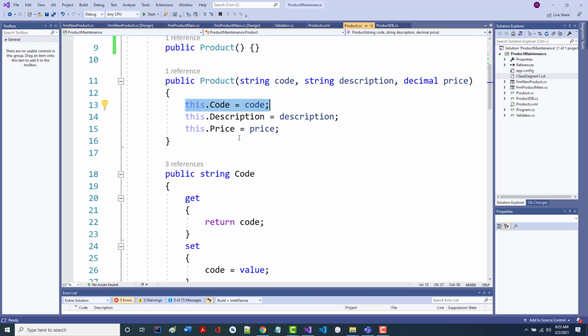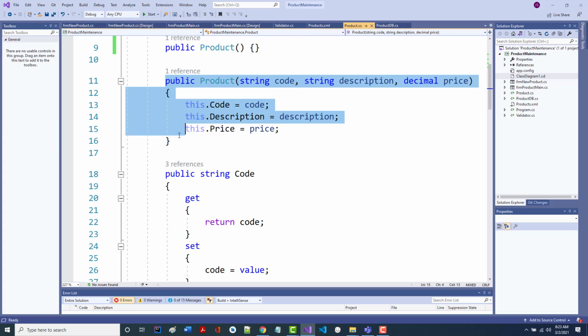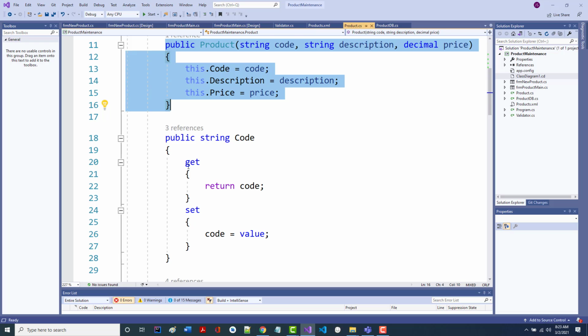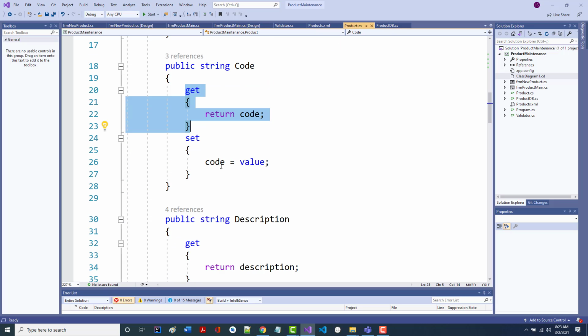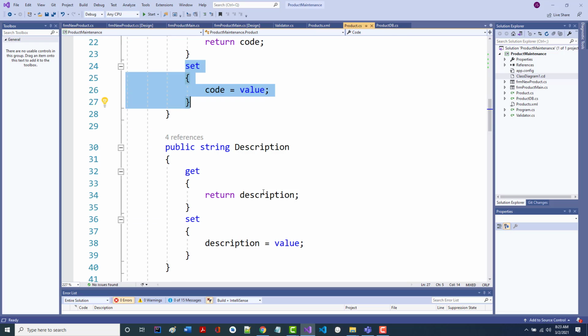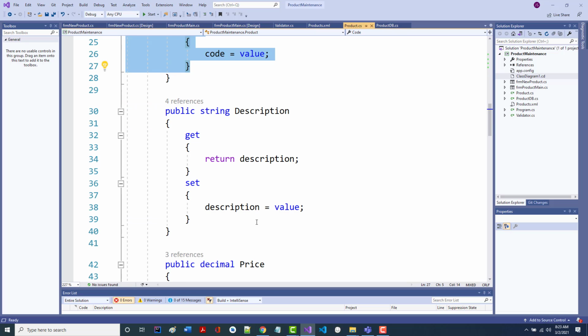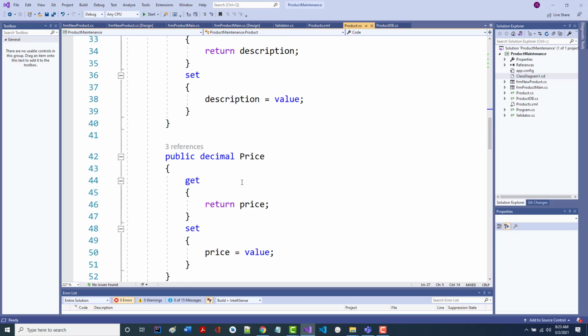So when you create a product, since it's made all 3 of these fields mandatory, this is the one that's basically going to end up getting called every time you create a new product. And that's good. Anytime we ask in our code, no pun intended, for the code, it's going to call this. If we were to try to reset the code for one of the books, it's going to call this. And the same thing for description, and the same thing for price.